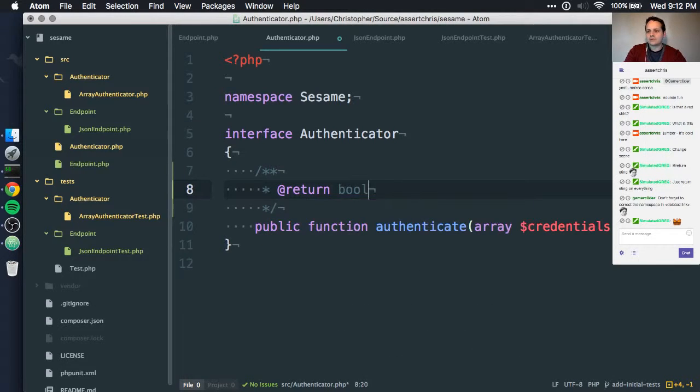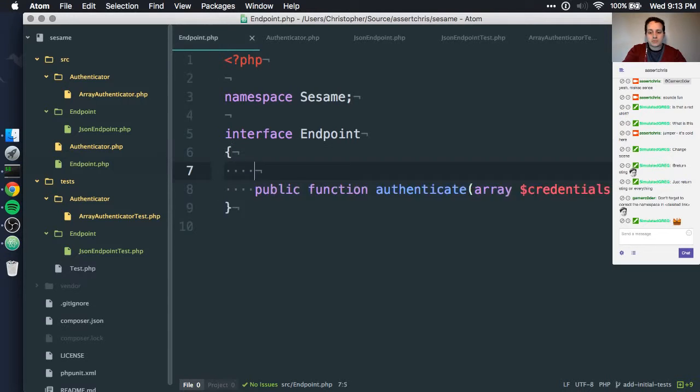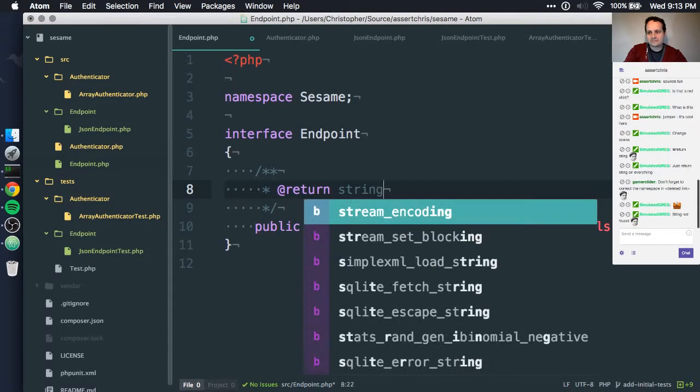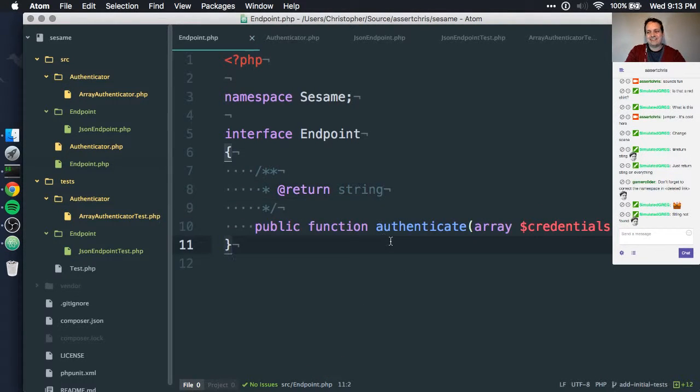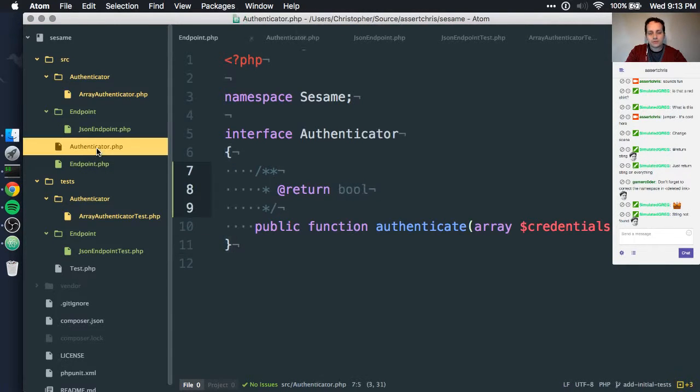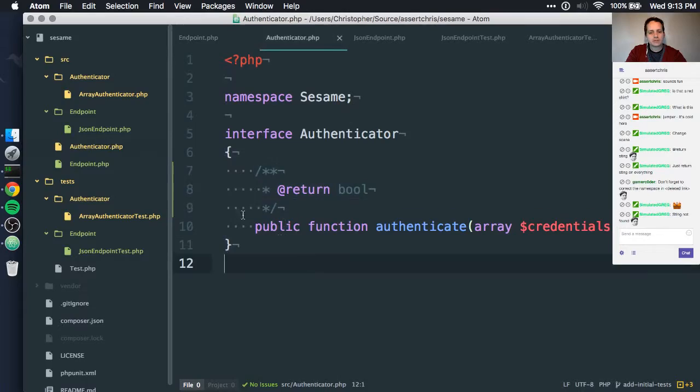Hilarious. Okay, so these signatures are almost identical. It's just that the one is supposed to return string and the other one is supposed to return bool. String not found. Okay, so the endpoint returns string, the authenticator returns bool. That's the difference between those two. Otherwise, they're exactly the same.